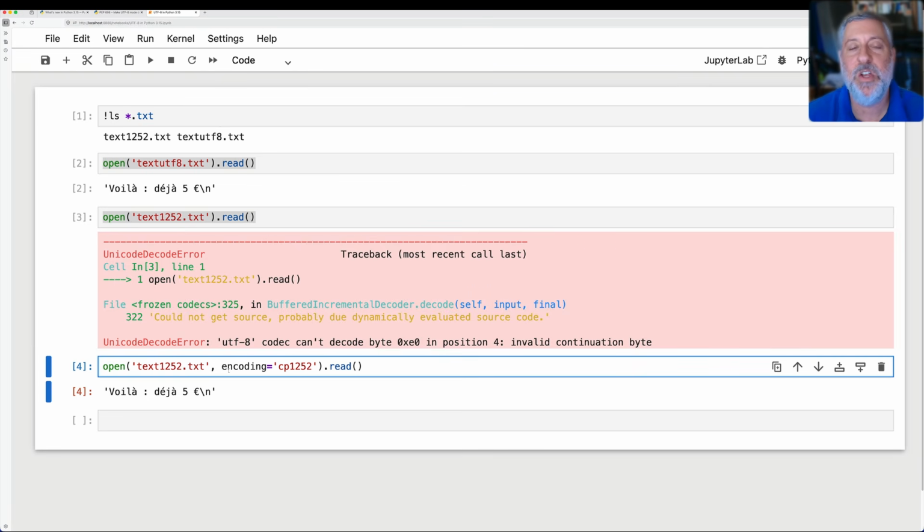That is to say, no matter if you're on Windows or a Mac or Linux, you'll be able to read in UTF-8 files and not necessarily specify the encoding unless you want to. And if you're reading something that's not UTF-8, you will need to specify it.